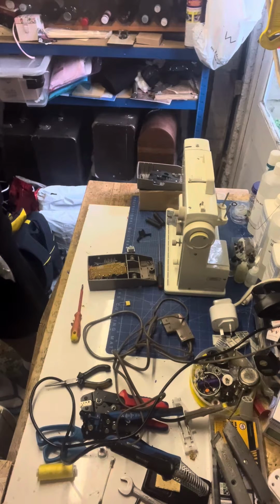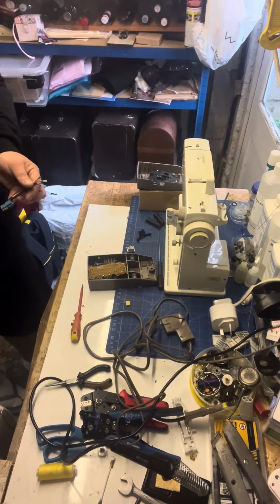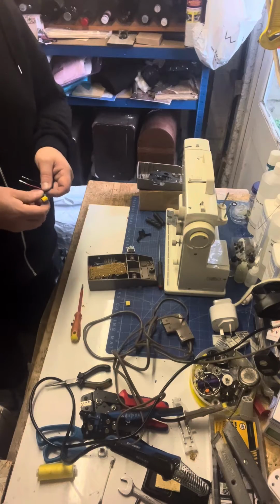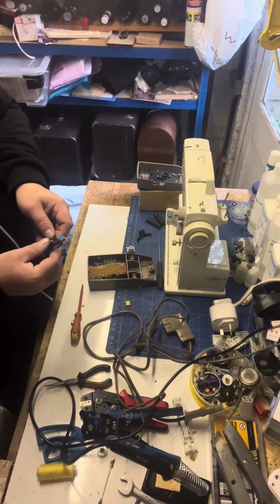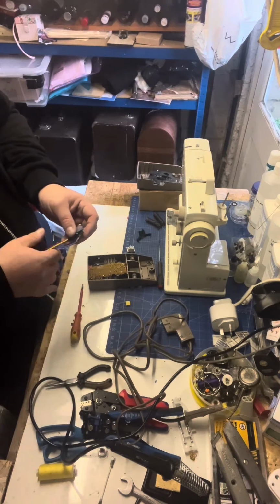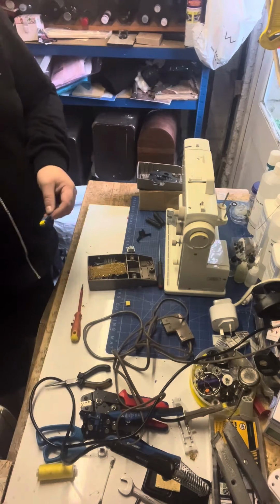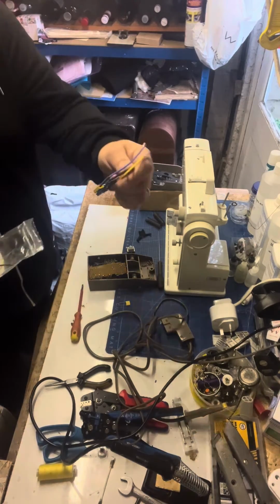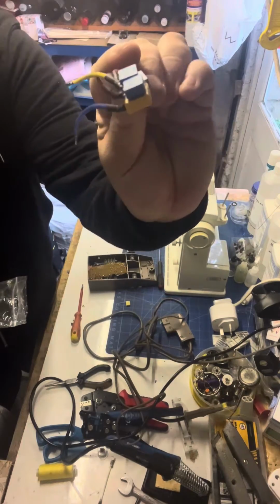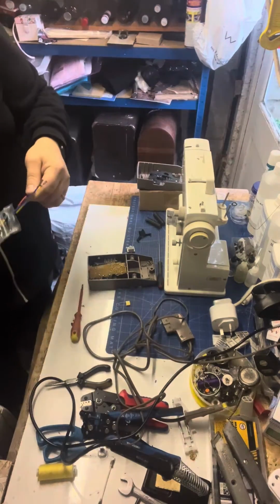This is essentially a capacitor for quite a lot of Berninas. This one doesn't have the resistor built in, but it's a bank of 4 capacitors, your 4 wires. That's essentially what it is. Let me show you a bit closer to the camera. That is what we're looking at. So if you know what you're doing,